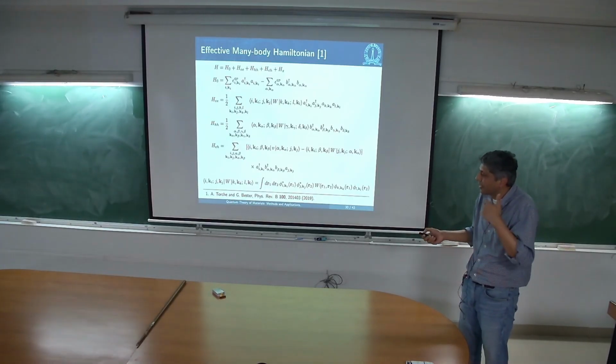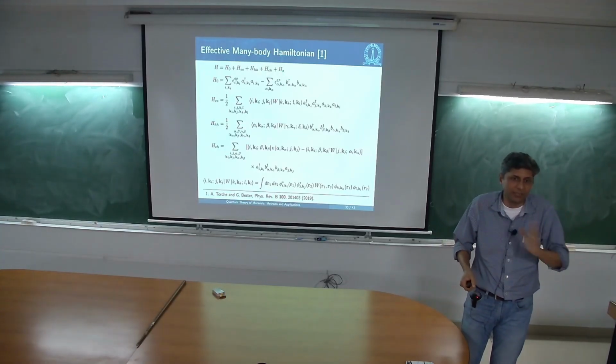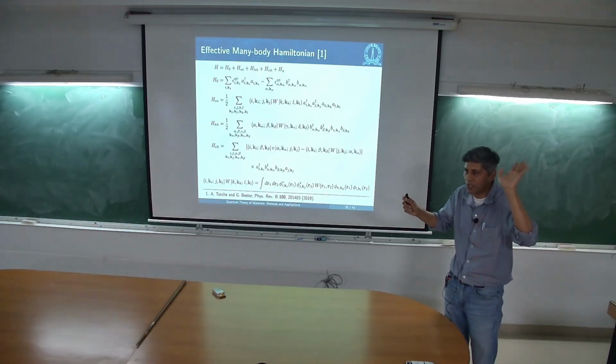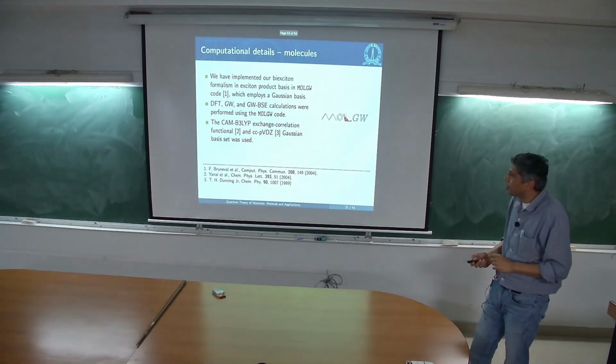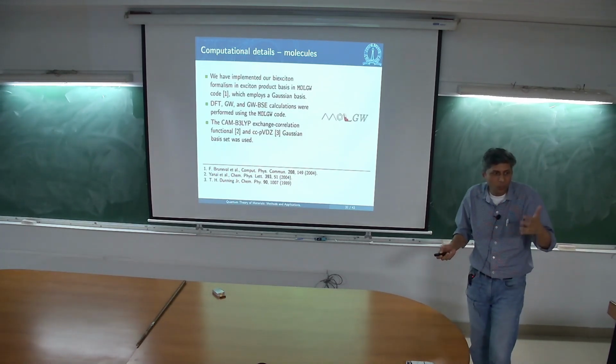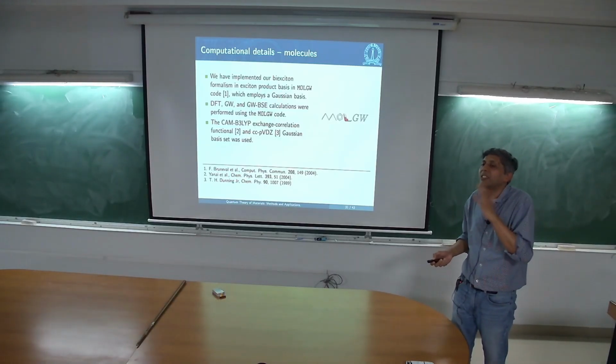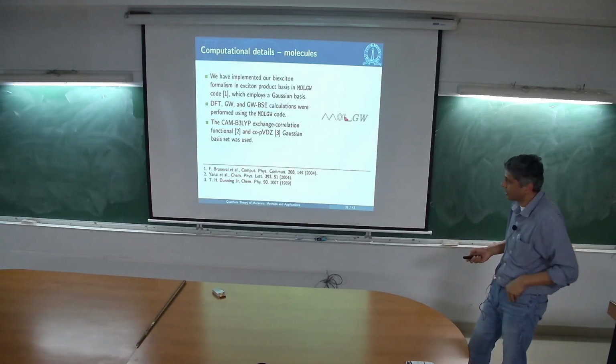There's no microscopic derivation for this Hamiltonian. Essentially what you say is, this is a very simple way of saying, look, everything talks to everything else with the screened Coulomb interaction. That's all I'm going to guarantee. Otherwise these are just free quasi-particles. So we implemented this in this code called MolGW, because we thought, rather than forget about k for a second, this problem is hard enough, as I will show you in a minute. Let's just do this for molecules and see how this works.